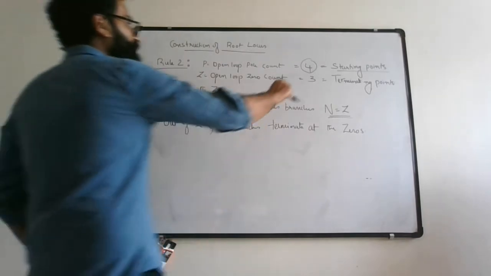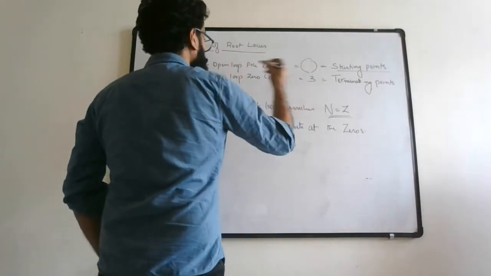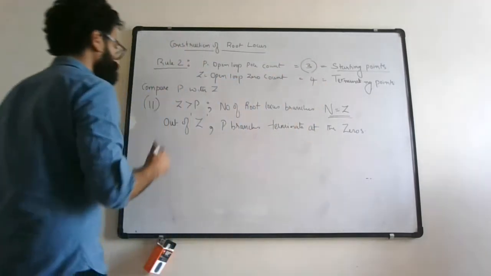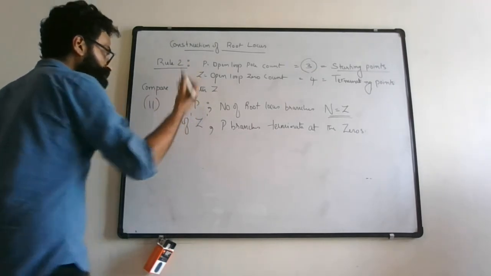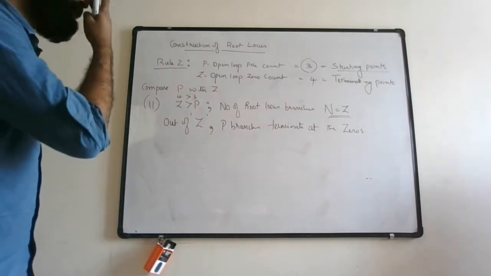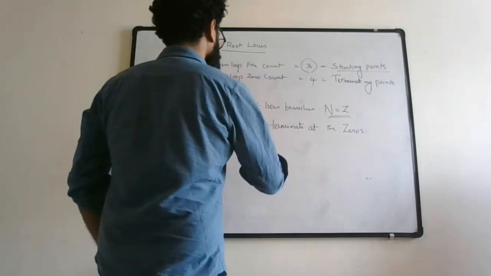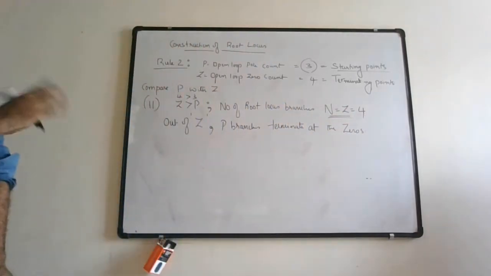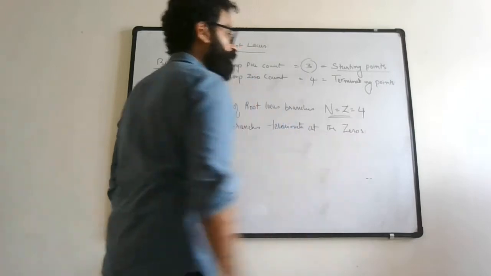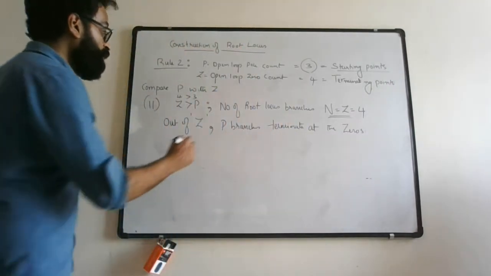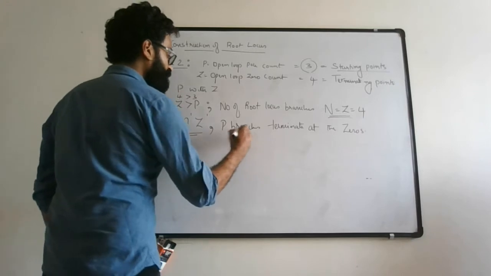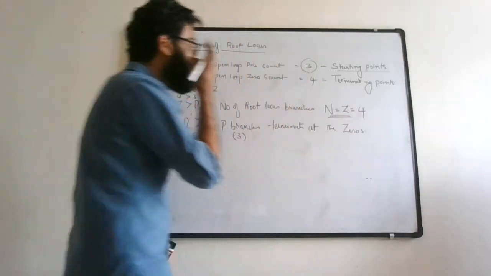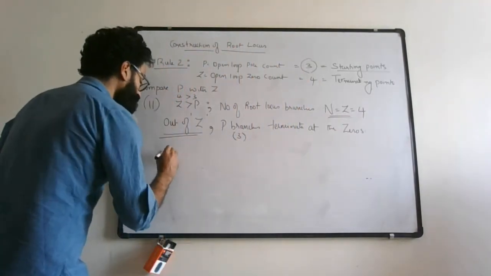Okay, what do you mean by that? Let's say suppose you have open loop pole count as 3 and open loop zero count as 4. Okay, so obviously 4 is greater than 3. So when z count is greater than p count, you would say that the number of root locus branches is z, that is 4. Okay, so this particular system will have 4 root locus branches. Out of 4 root locus branches, p branches, and what is the p count? 3. 3 branches terminate at zeros, and the